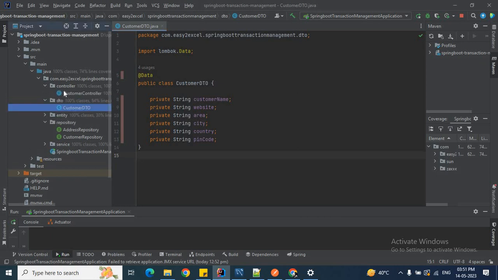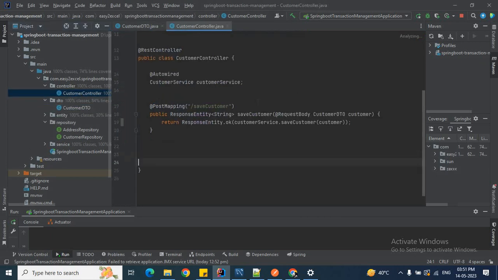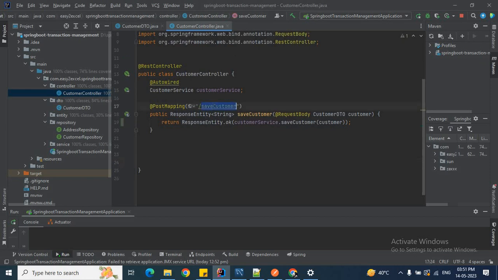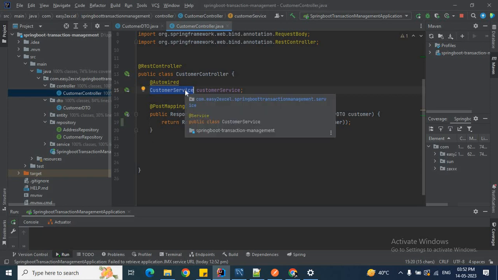So now let me go to the controller. In the controller package, I have created a customer controller. Inside this, I have a save customer endpoint, which is a POST mapping. You know, to save some data, we use the POST mapping, so I have annotated this method as @PostMapping. And here, if you see, I inject the customer service object, because inside this customer service I have written the business logic to save a customer.